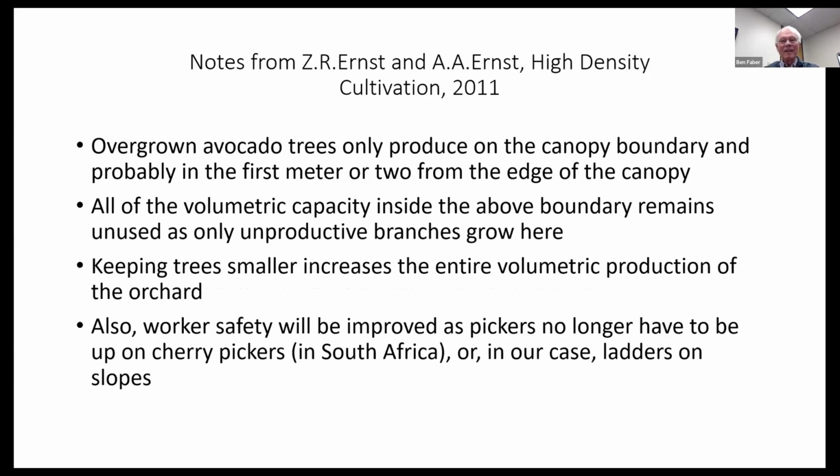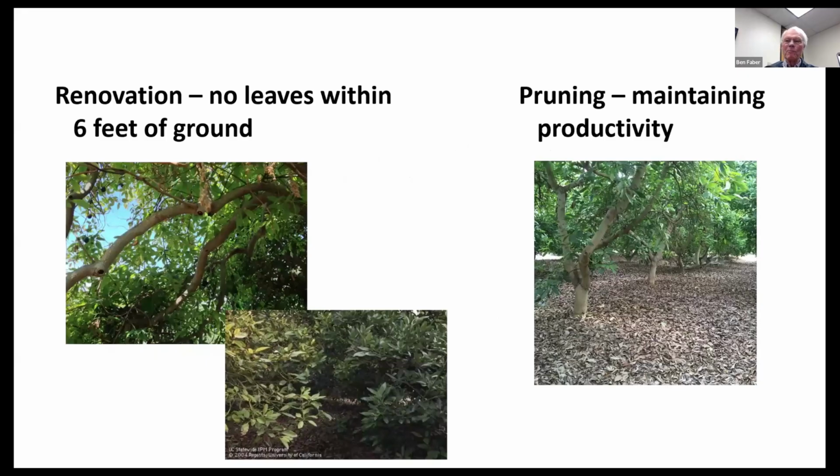And so this concept of high density was carried on by Andre Ernst down in South Africa. And they really have gone to the point where high density has gone to trellised orchards that look like vineyards now. So it makes it a whole lot easier to manage these things. So when we're talking about pruning, we're talking about maintaining the productivity